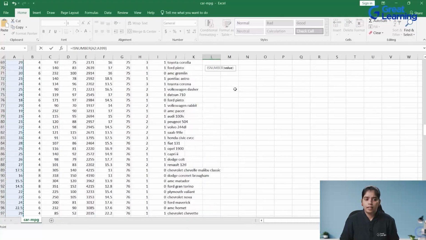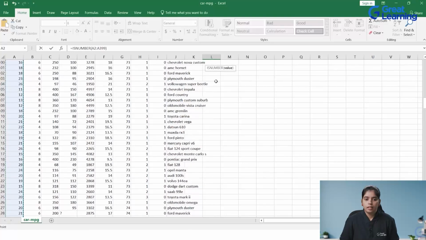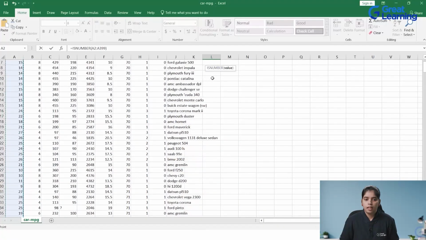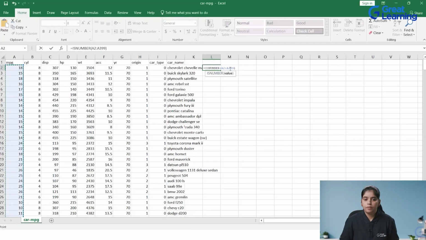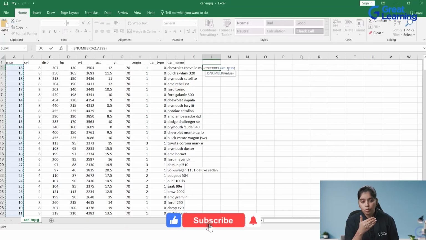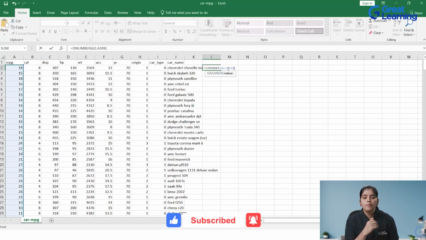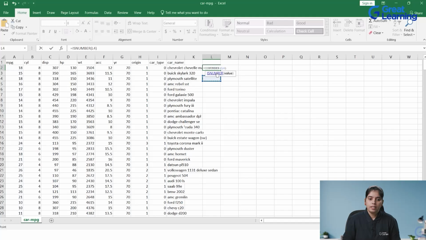So when I select the range over here, let's see, you can see that from A2, that means column A, row number 2, till A399, column A till 399th row. So when I am applying this range, I will check whether from A2 to A399 is a number or is not a numeric value. So when I enter this,